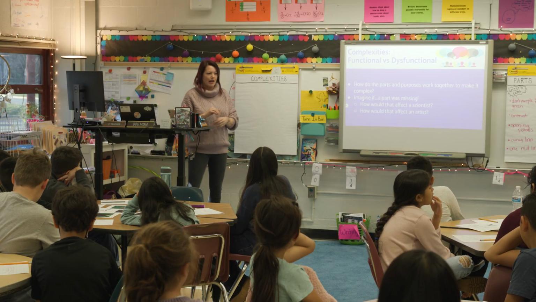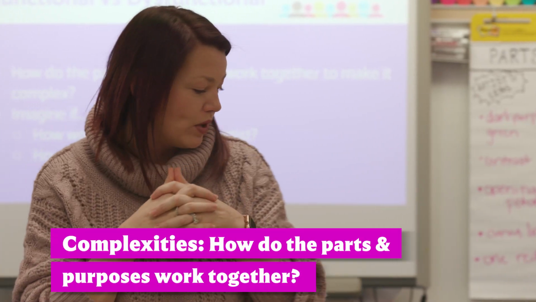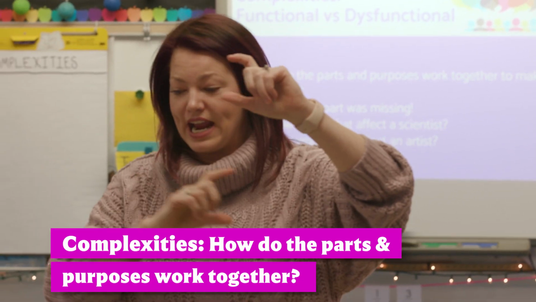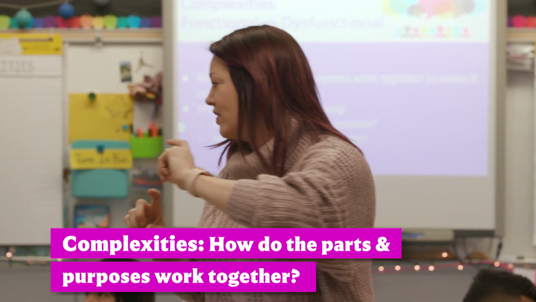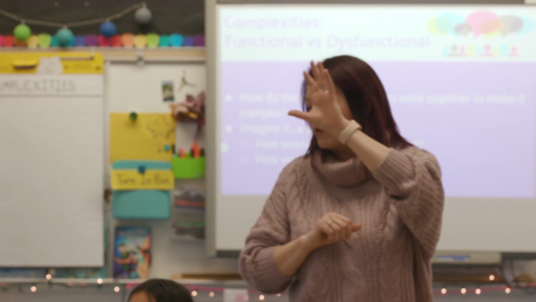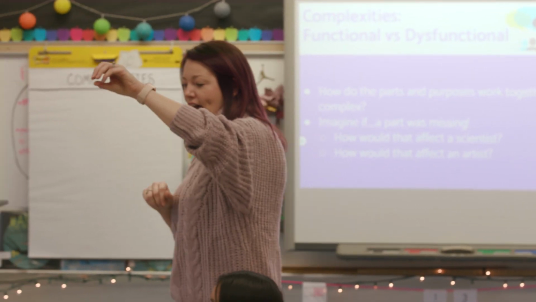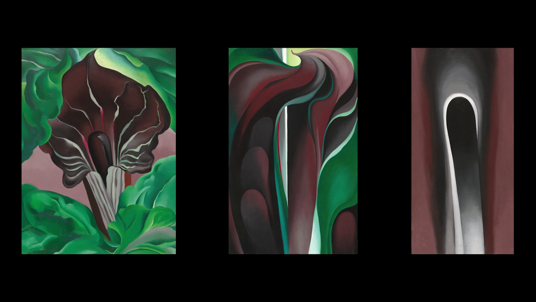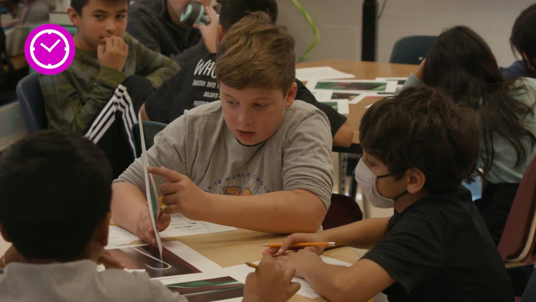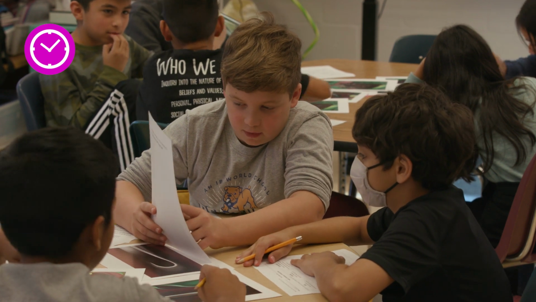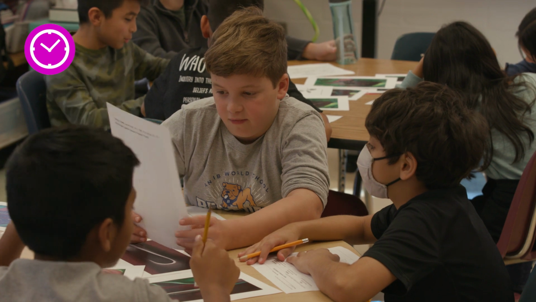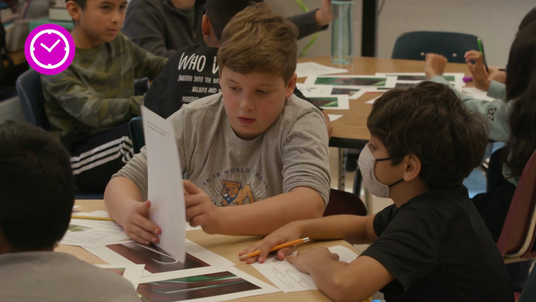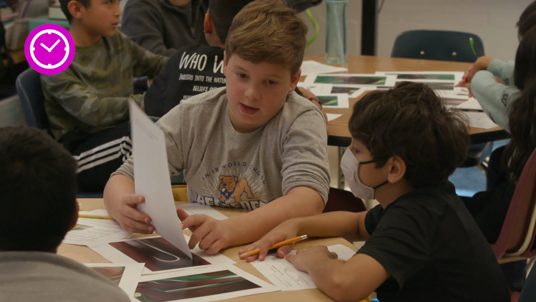Now what I want to talk about really quick are the complexities. So we're thinking as an artist and as a scientist. How do these parts all work together to make it complex? So start with the artist part first. How do all those colors, the lines, the shapes, make this painting complex? It creates the crumbliness of this and the straightness of this, because she used her own unique way of making all those cracks and turns and shadowing.